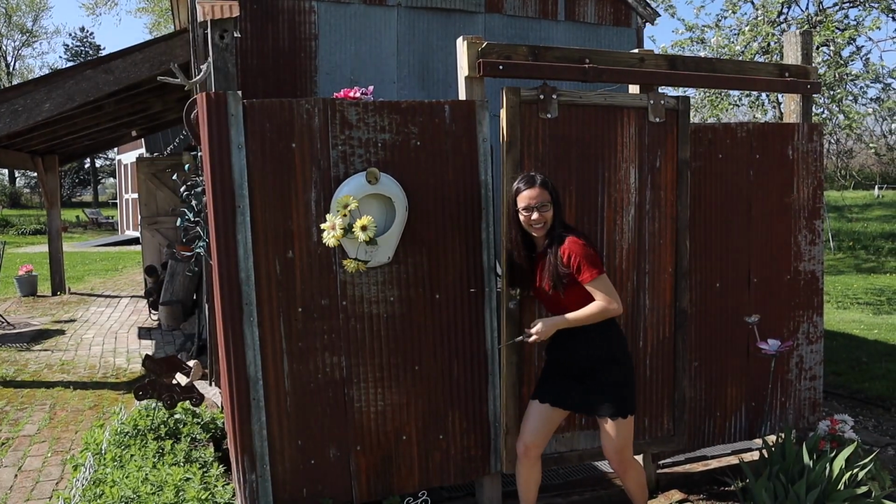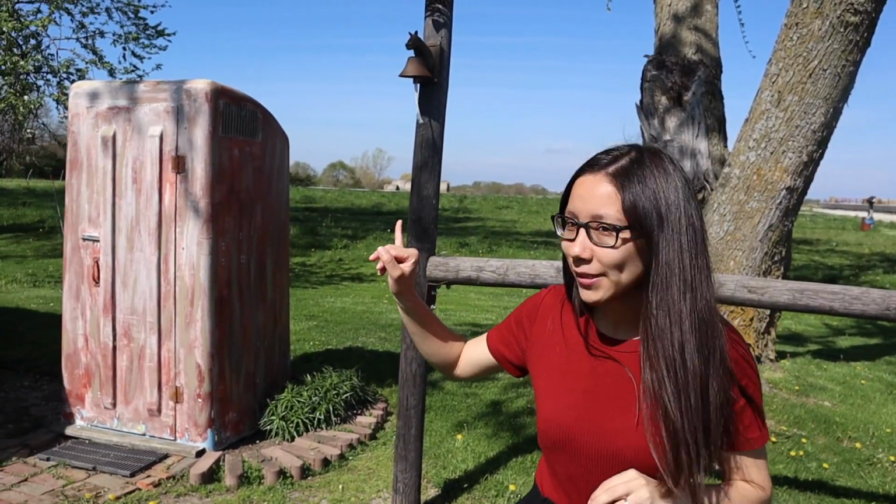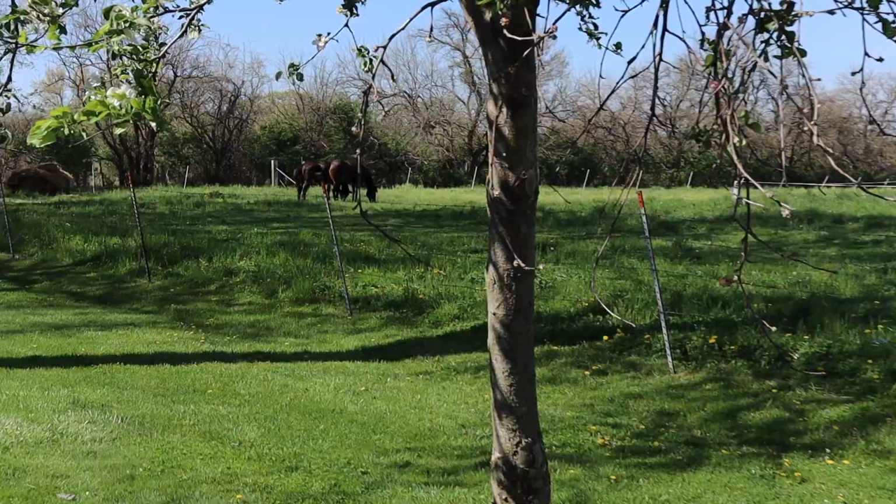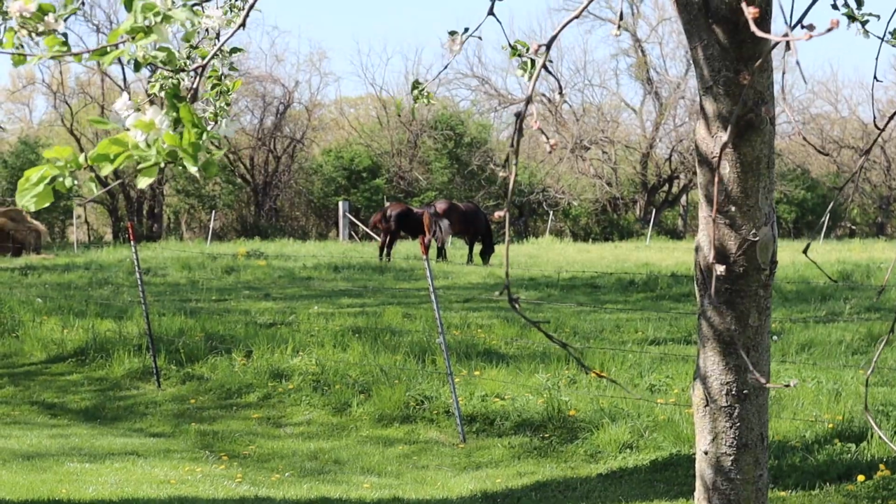So strong. Last but not least, there are 2 beautiful horses that they have, and they reside right behind our cozy cottage. One of them is apparently 30 years old, which is quite old because a usual lifespan for a horse is 25 to 28. So